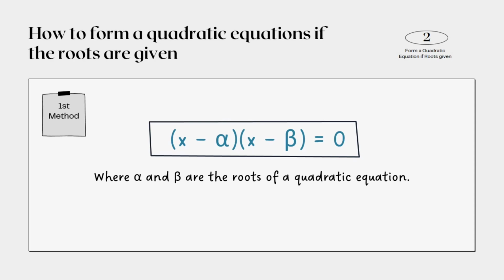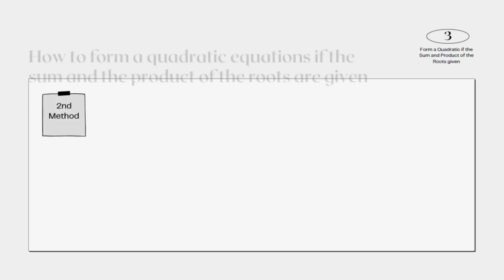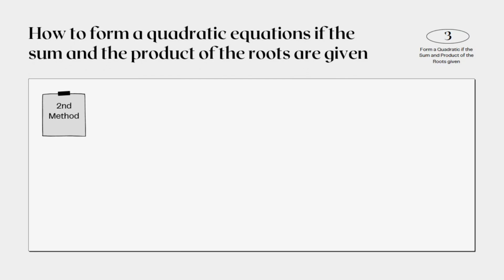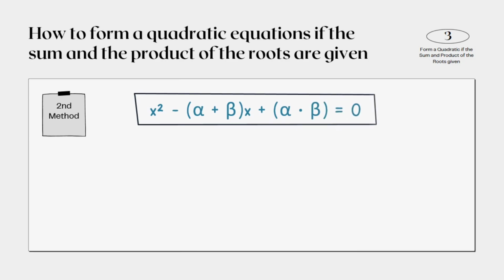Come on, let's move on to the second method. The second method is to form a quadratic equation if the sum and the product of the roots are given. For example, the roots of a quadratic equation are alpha and beta. If what is given in the problem is the sum and the product of the roots, then to get the quadratic equation, you can use the following formula: x squared minus (alpha plus beta) times x plus alpha multiplied by beta